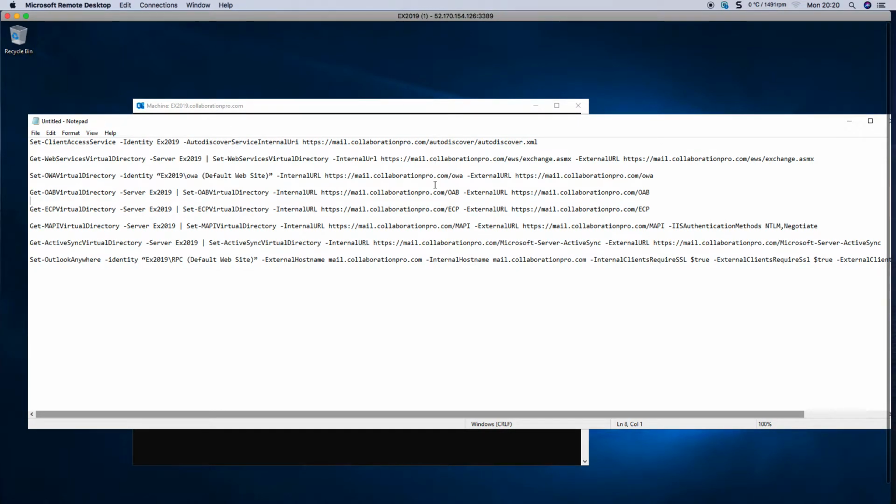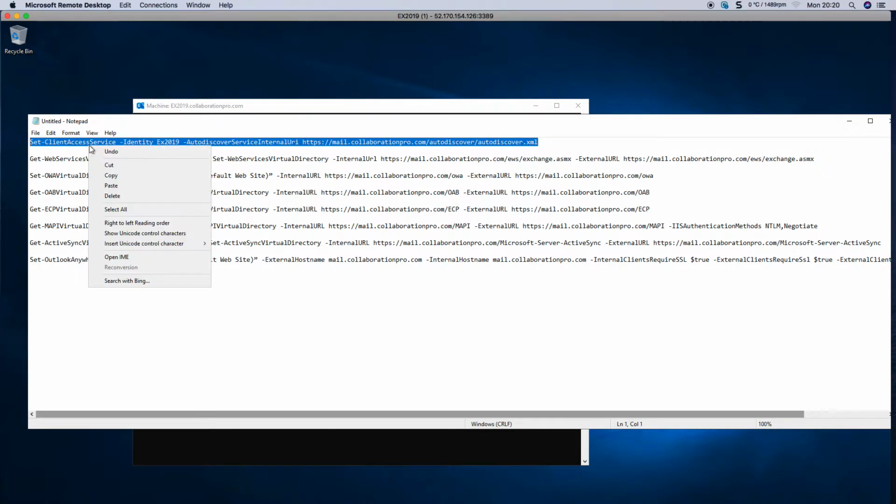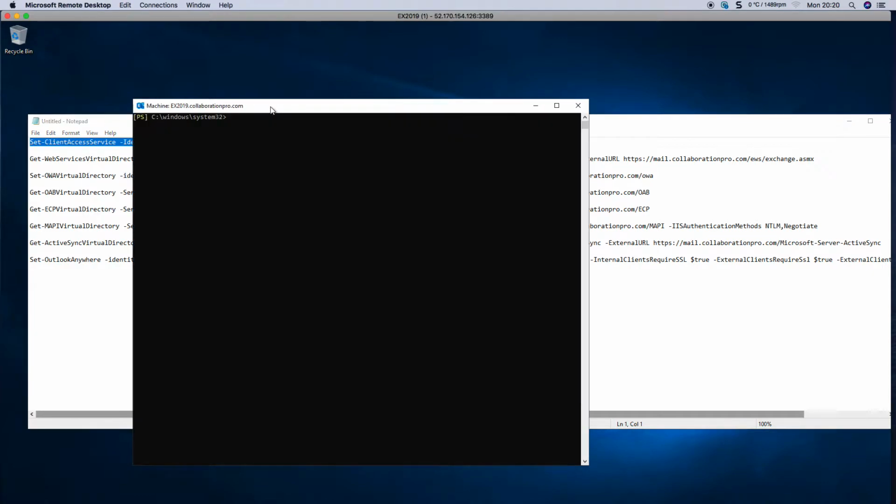Now, running these commands is pretty simple. You'll notice that I'm specifying an Exchange server here, and this is the name on my SANS cert. I'm just trying to keep it simple. You might have a different name, you might have different URLs for AutoDiscover, etc. In this example, I've just got a simple namespace, and let's go ahead and change the URLs in Exchange. So I'm going to copy the first one,